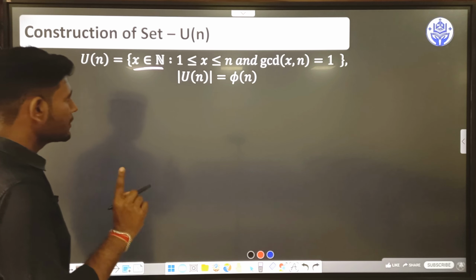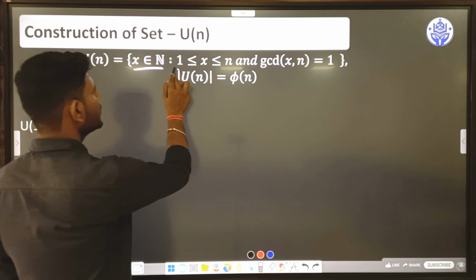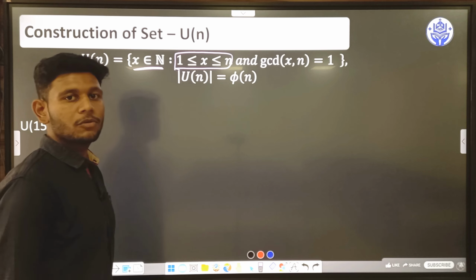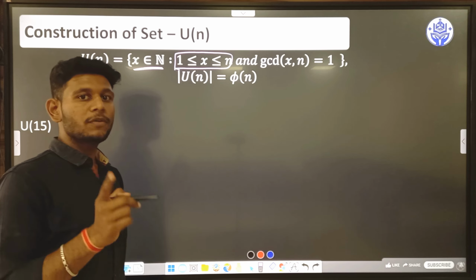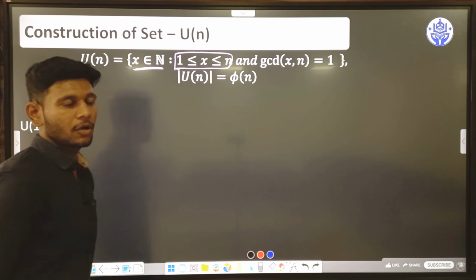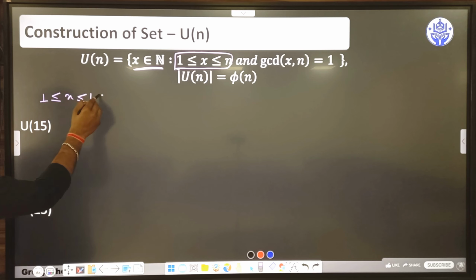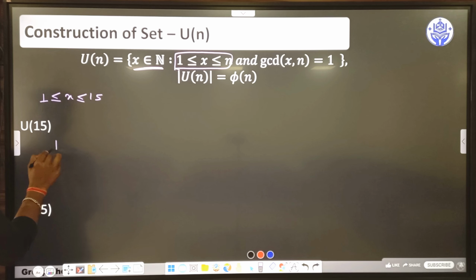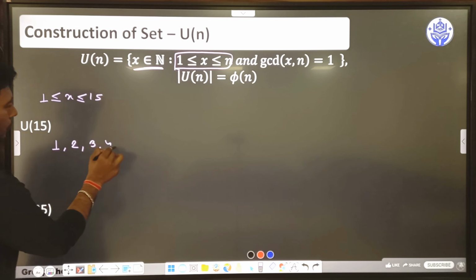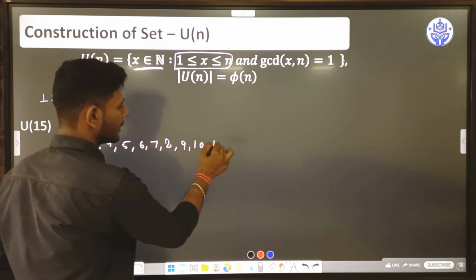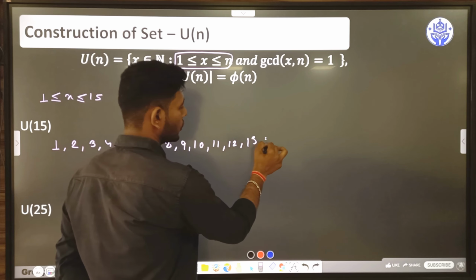Now here x belongs to the natural numbers from 1 to n. We will take all these values from 1 to n whose GCD with n is equal to 1. Just find U15. U15 means I will take x from 1 to 15. It means my x will be 1, 2, 3, 4, 5, 6, 7, 8, 9, 10, 11, 12, 13, 14